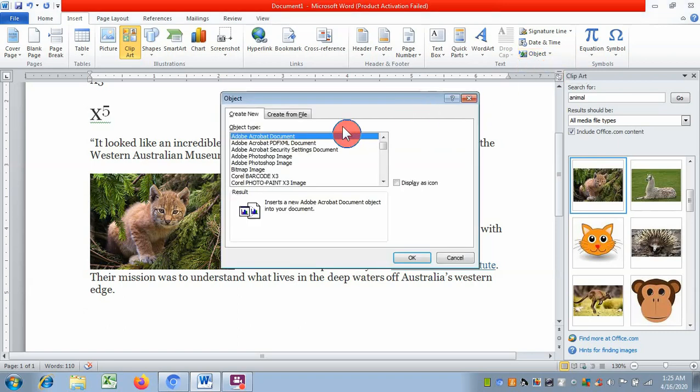Now you can see these kinds of objects are there. Now you can use any kind of object. Suppose I want to have an Excel worksheet having some data. Now let us insert this Microsoft Excel worksheet.